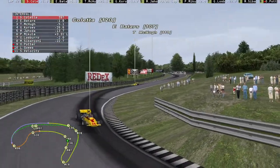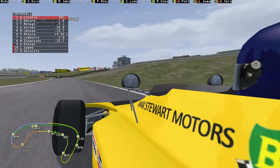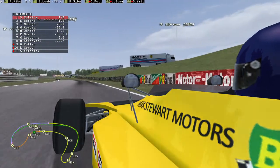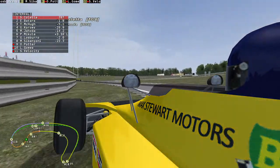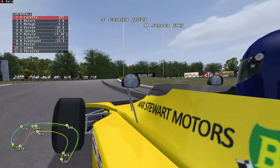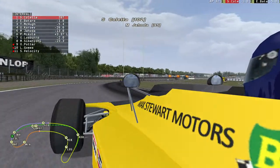As Ace Petard, just look how quickly he's closing on Stefano Coletta. 1.7 seconds. What did I tell you there? He has to look in his mirrors. Anyone want to put the lead back on? I'm putting bets on contact. This could be quite aggressive here on lap